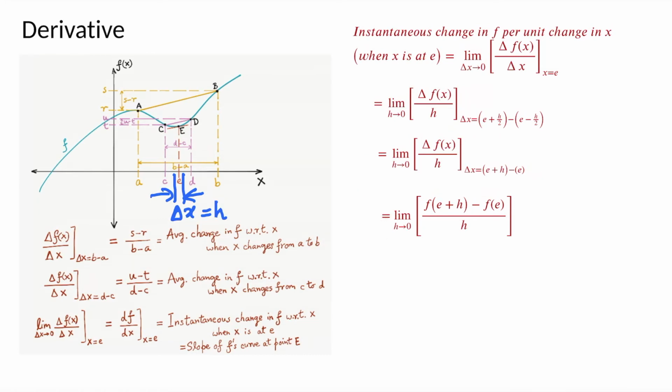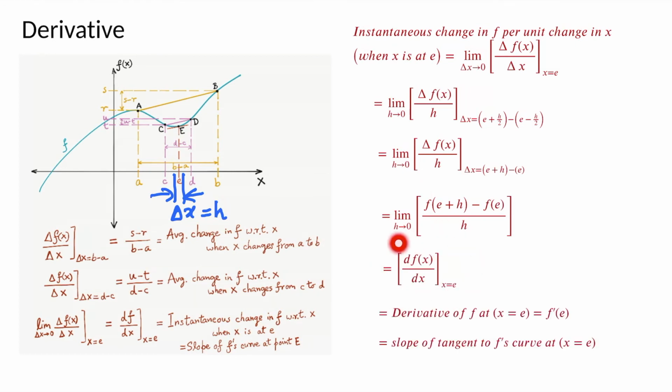This is nothing but the value of f at E plus h minus the value of f at E divided by h, and the limit of that as h tends to 0. And this is what is defined as df by dx. This is how it is written at x equal to e. This is how the derivative of the function with respect to x at a particular value x equal to e is written. And in this symbol df by dx, it automatically implies that we are talking of a very small increment on the x-axis around the point e, so that increment tends to 0. And as we have already said, this is nothing but the slope of the tangent.